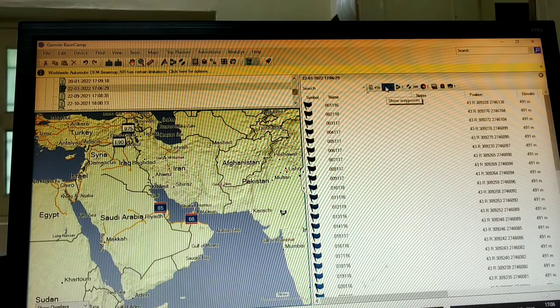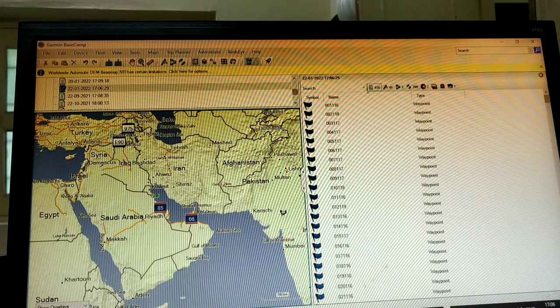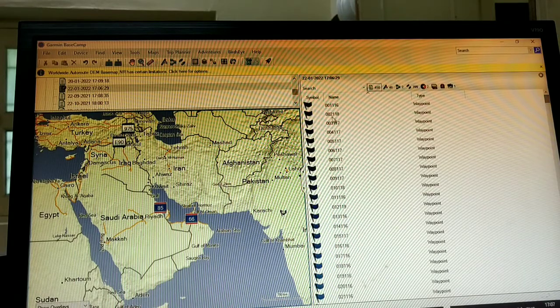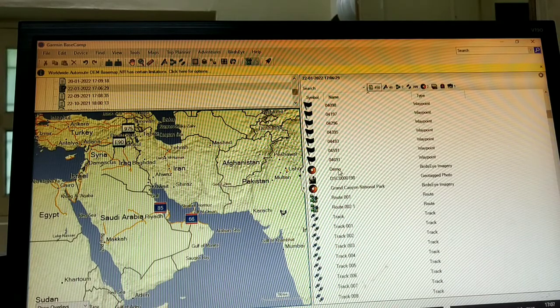We can check our data. The data other than waypoints, like tracks and pictures and this type of thing, we should delete from our desired data.